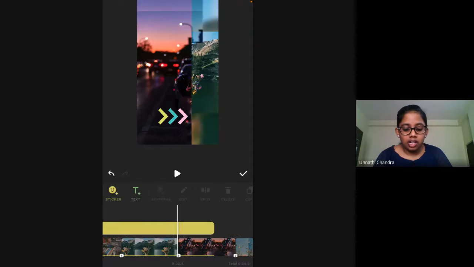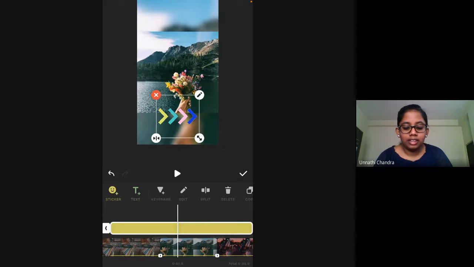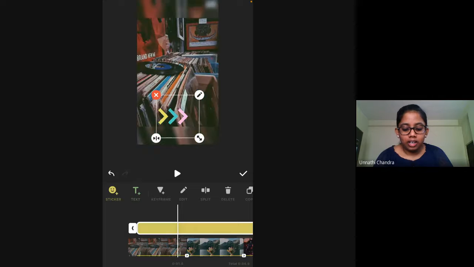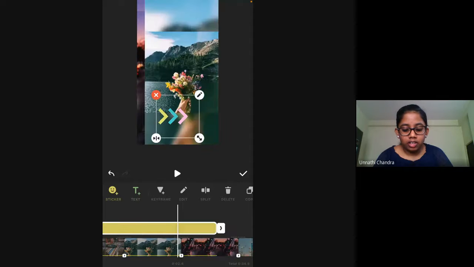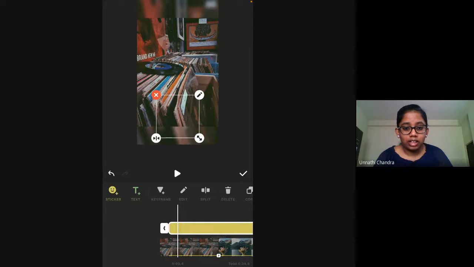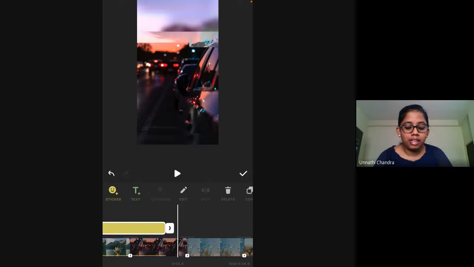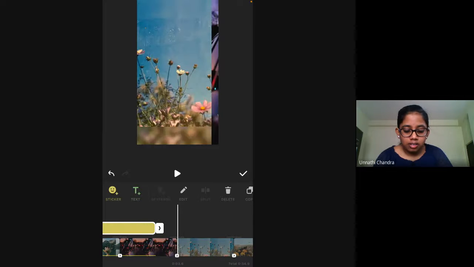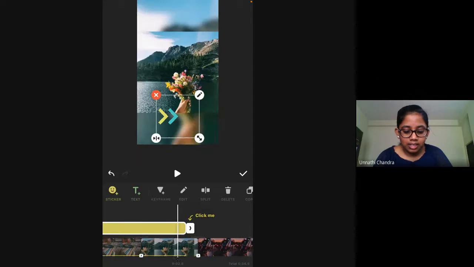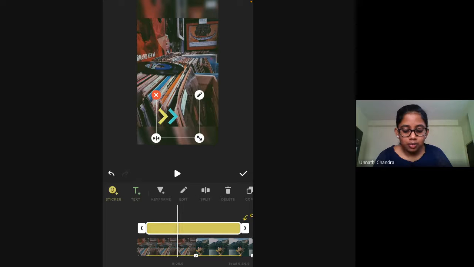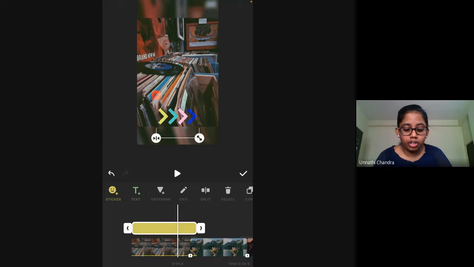Here you can see this yellow one, this is the sticker. It will show for three photos, the first, the second, and also the third. If you want to shorten it to just one photo, just trim it, press and drag as we did previously for trimming the photo duration.